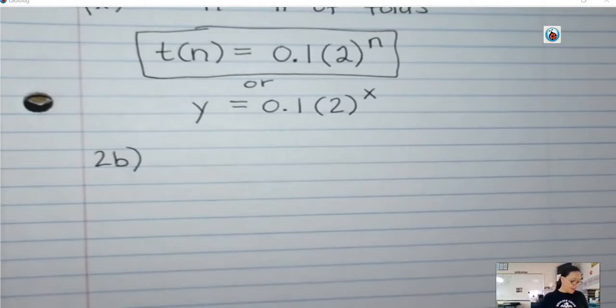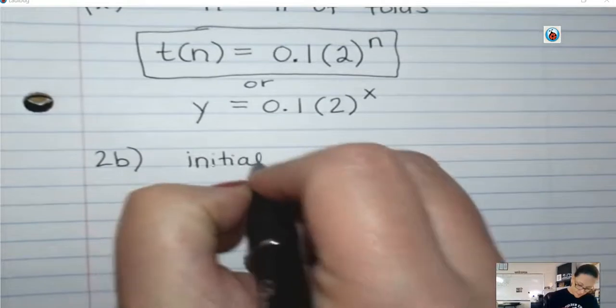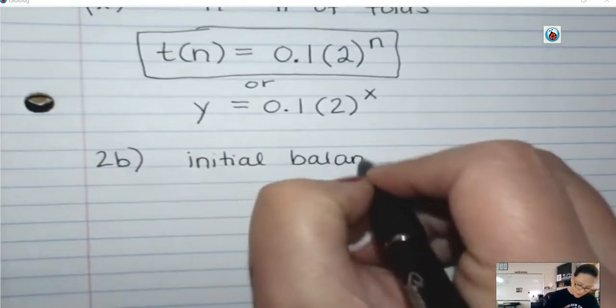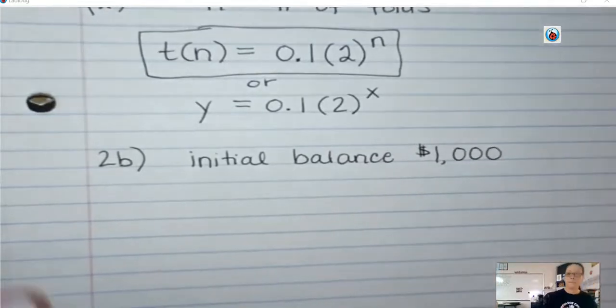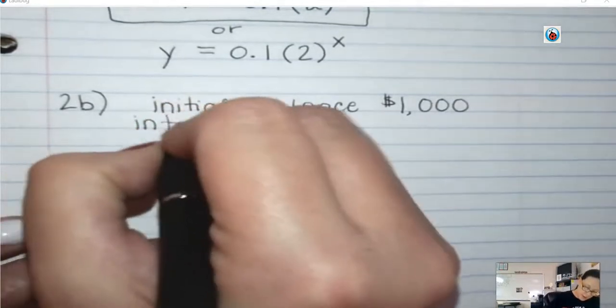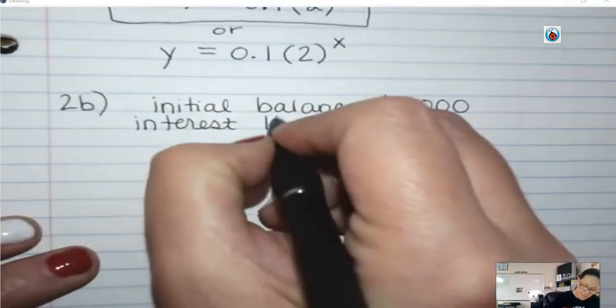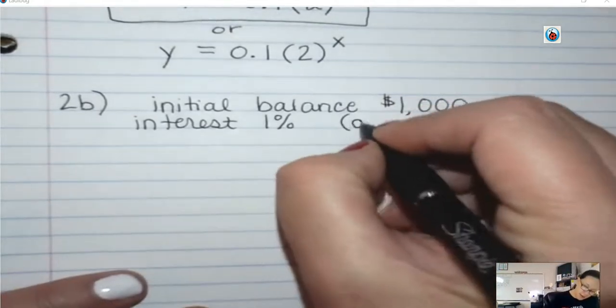A savings account with an initial balance. Okay, initial balance in your bank account is $1,000. Okay, a savings account with an initial balance of $1,000 earns 1% interest per month. Okay, so the interest is 1%. That means that the account balance grows by a factor of 1.01 each month. Okay, so go ahead and jot down the growth factor